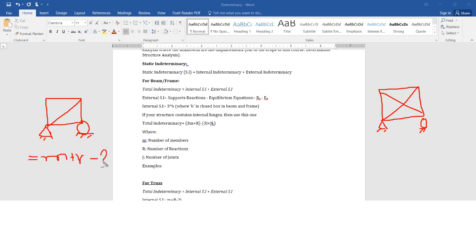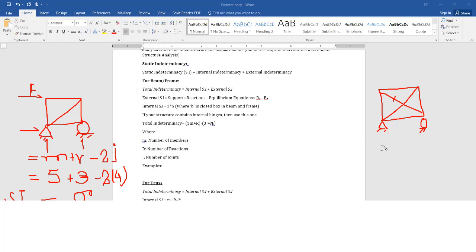Basically, the formula we use for calculating the determinacy is m plus r minus 2j. j is the number of joints. There are only 1, 2, 3, 4, 5 members, plus reactions, one vertical reaction and one horizontal reaction, and this is basically the applied force. Number of reactions would be 3, minus the number of joints, which is 4. So 8 minus 8 equals 0. We have 0 degree of structural indeterminacy in this truss element,